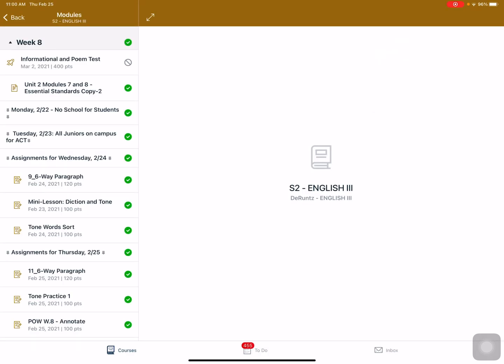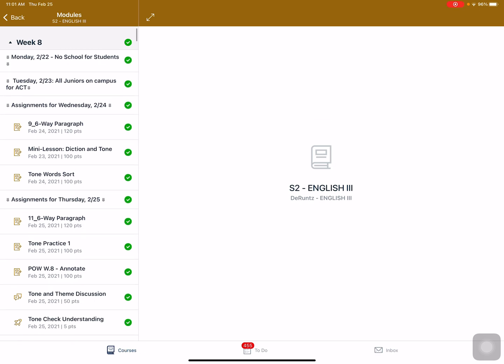Good morning. I want to give you a quick tutorial on how to use the theme statement algorithm for today's assignment. All right, so I'm on my tablet just because I have better sound quality for these tutorials. So your Canvas page may look slightly different, but if you scroll down